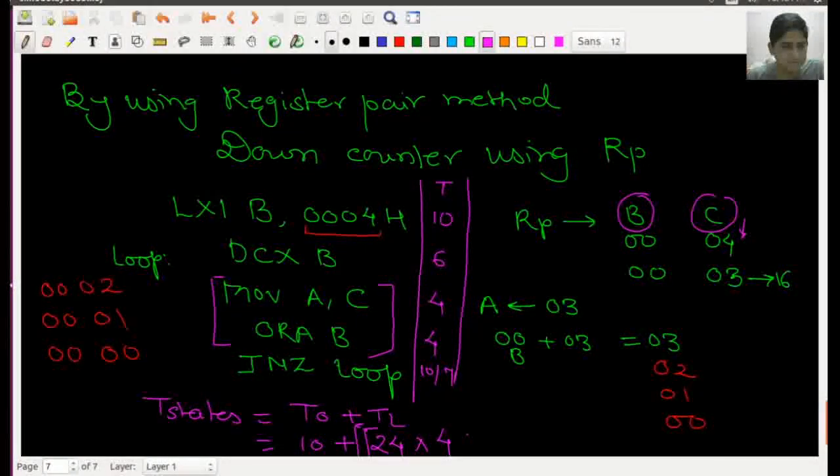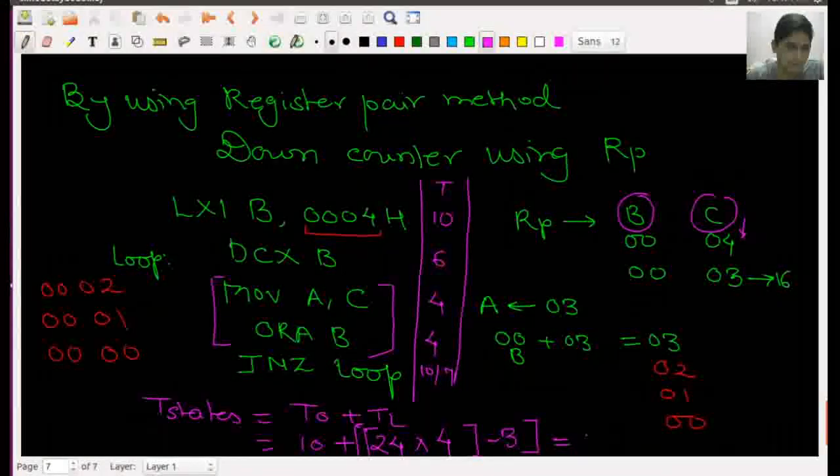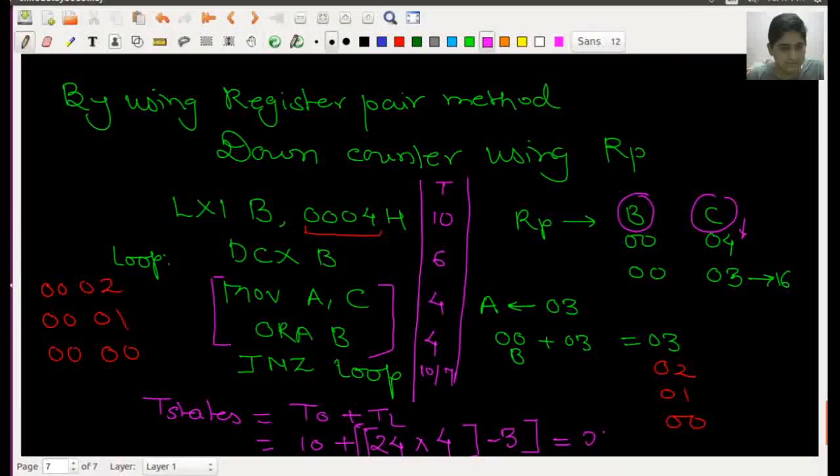3 T states, like this. So you can calculate it, I can assume that the value is coming as x, because this computation value is coming as x. So I assume that it is coming as 103. So the total number of T states is coming as 103.